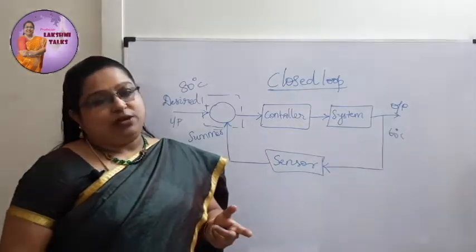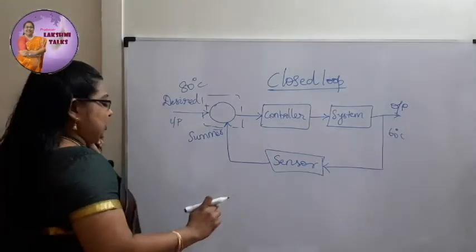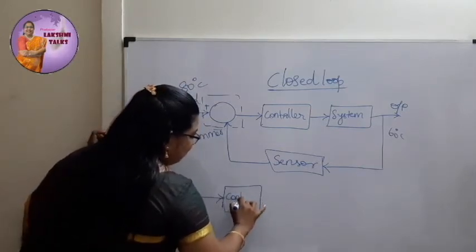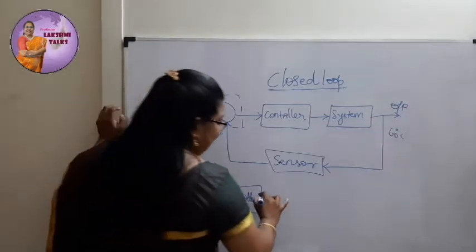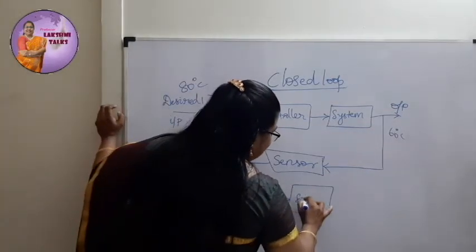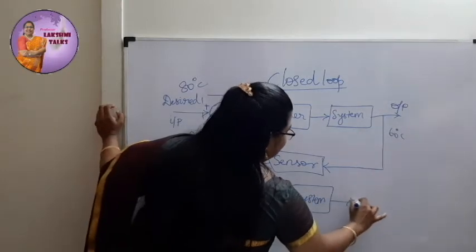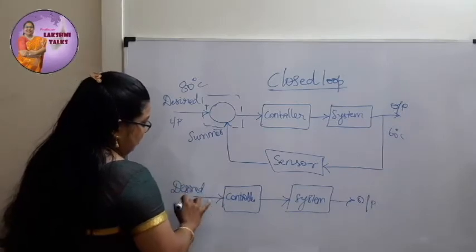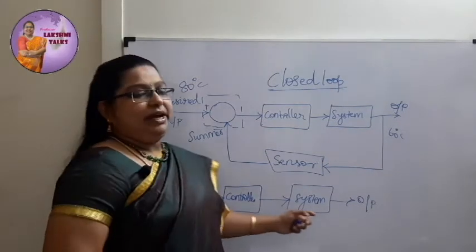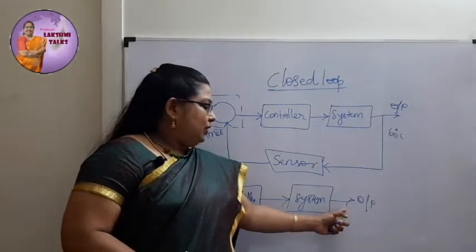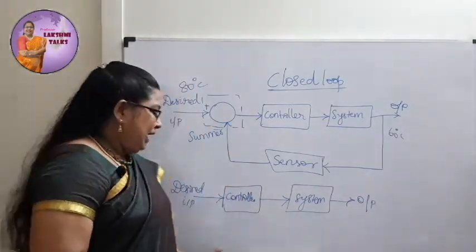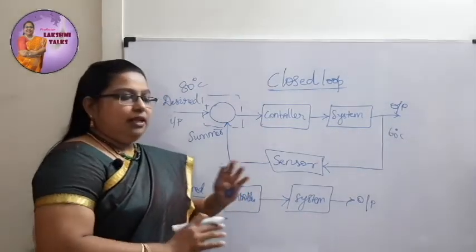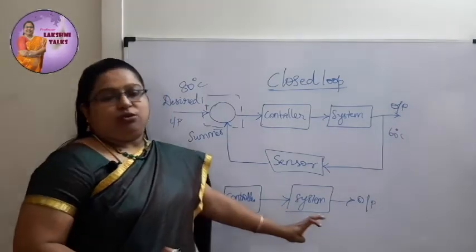then why do we need an open loop control system? See, open loop just uses a controller, okay? There is a controller without feedback and you have the system and you have the output also. This is the desired value. But the only thing is, it is not compared. The part of the output is not sensed and fed back as input. But instead we have a controller, and there is a mechanism by which it controls.